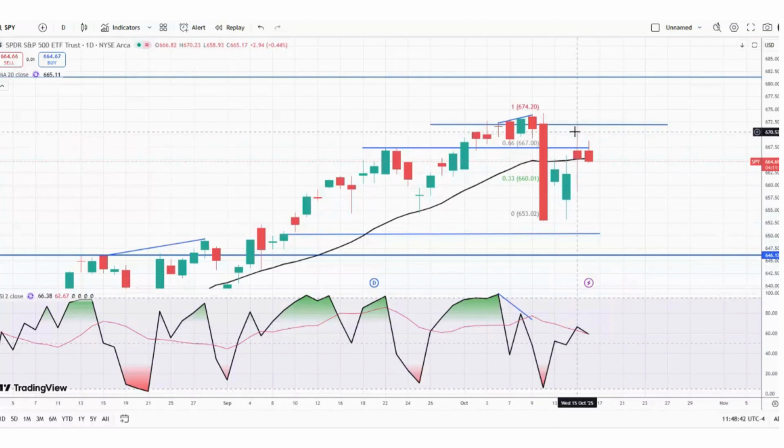The negative is the high here has not been broken. It has not been taken out. We've made a lower high today so far, right? So that is kind of the positives and the negatives to it. So I would say if the RSI can remain above its moving average and we can get a close above this level, that 66% retracement, then I think we retest that 672, my upside target again, and maybe attempt to